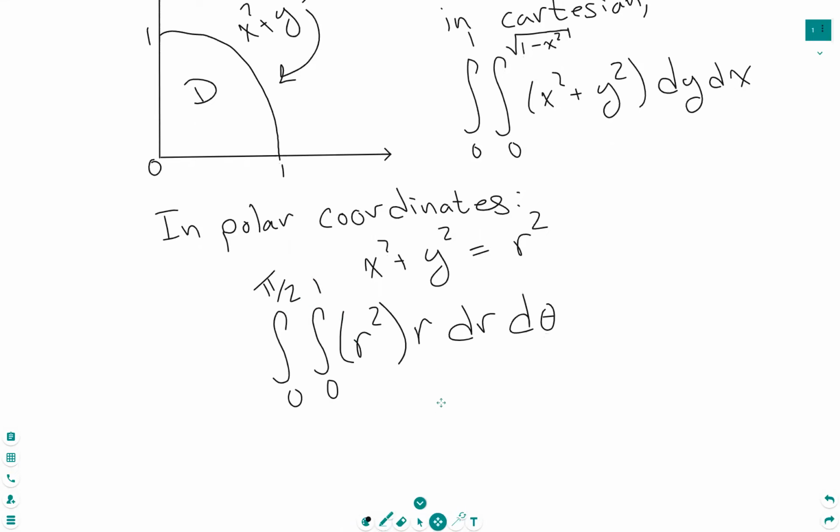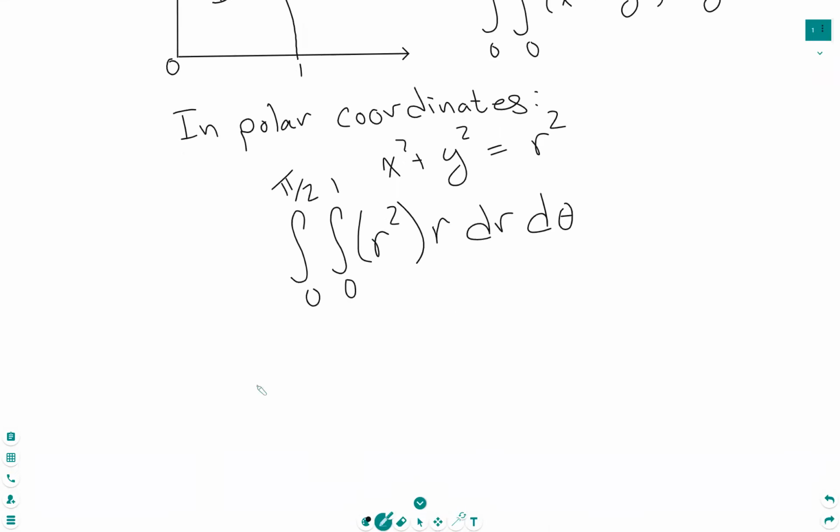This looks a lot easier to integrate. So let's go ahead. So the integral from 0 to pi over 2. We had an r cubed here. So what we'll get is r to the 4th over 4 evaluated at r equals 0 and r equals 1